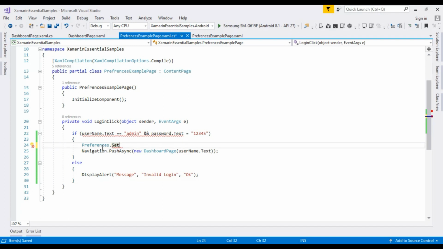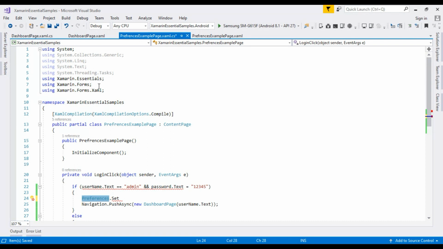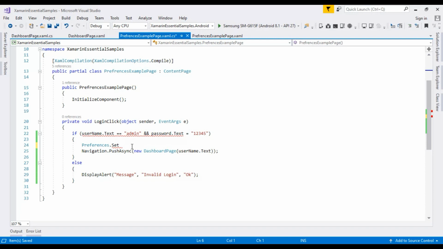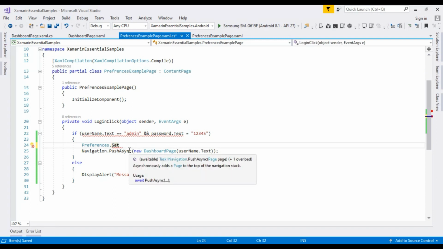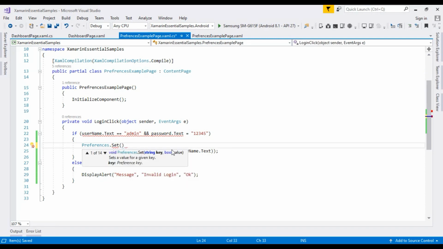To use preferences, you have to use the Xamarin.Essentials namespace. The Set method takes two arguments. The first one is the key. We have to remember this key when we set some value, because when we need to get the value, we have to use this key. Here I am using username as the key and username.Text as the value. When we need to get this value, we have to use this username key.